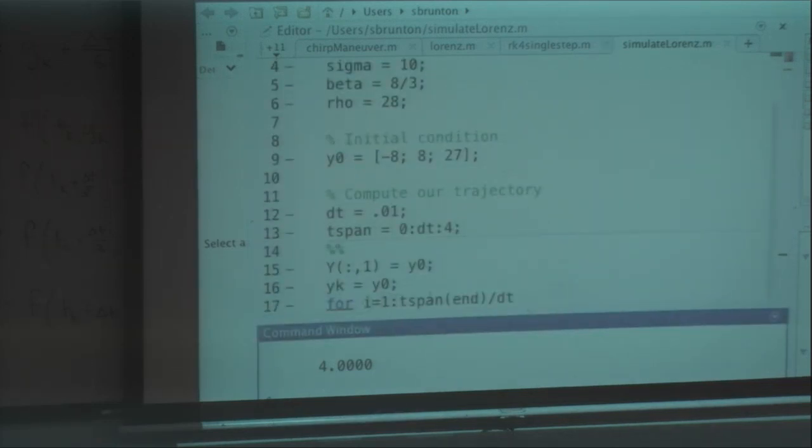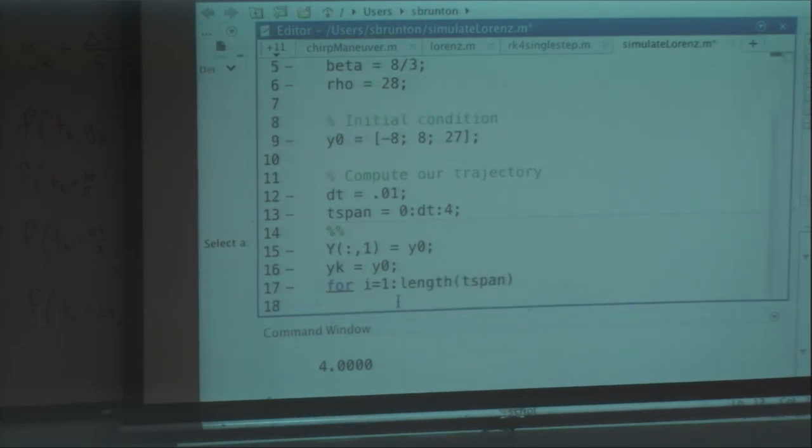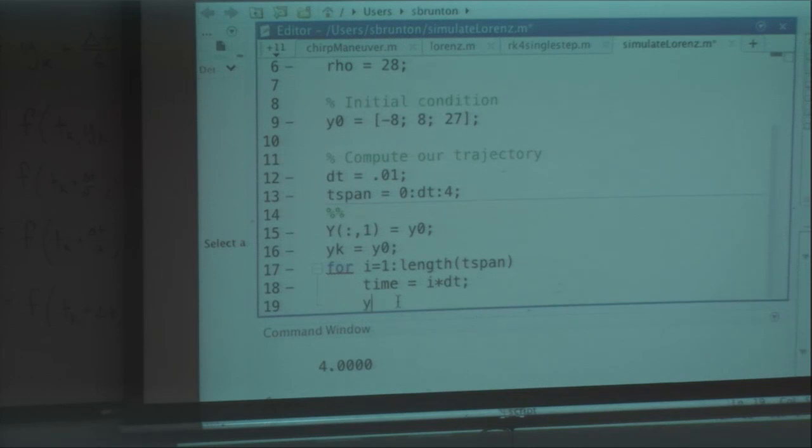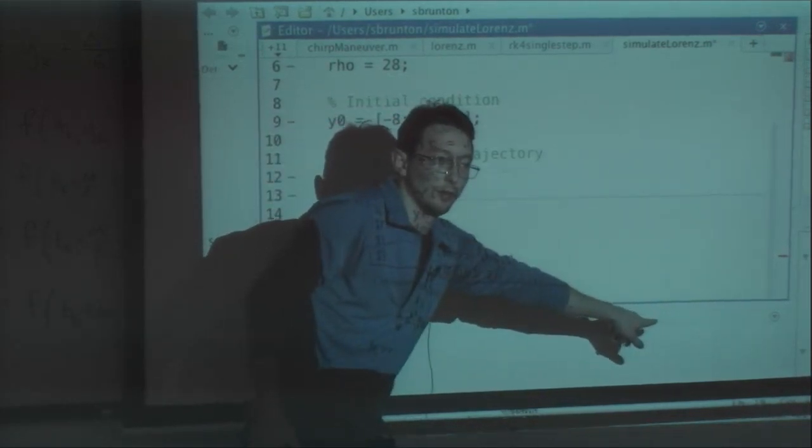So for i equals 1 to length of time span, I'm going to say, okay, time equals i times dt, and yk plus 1 is going to equal my Runge-Kutta of yk.